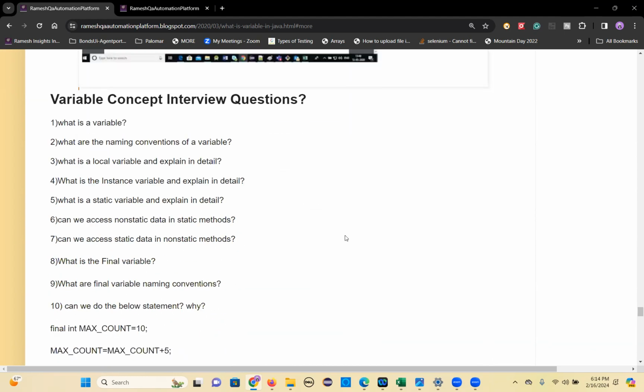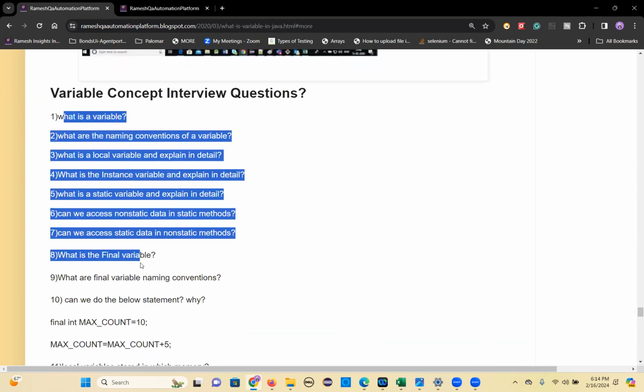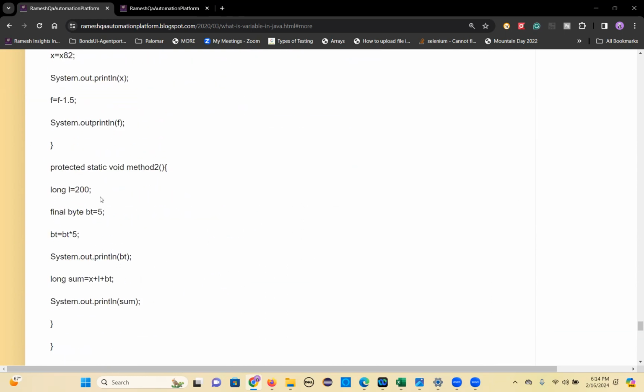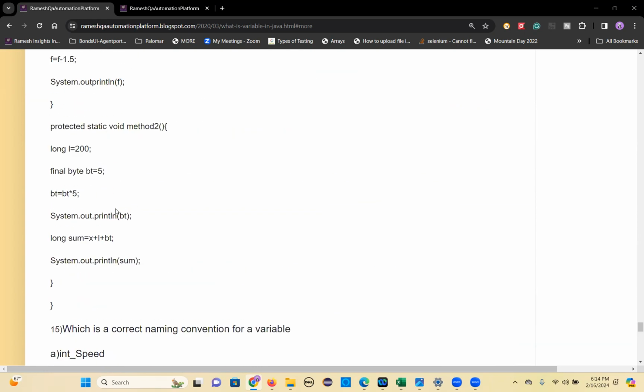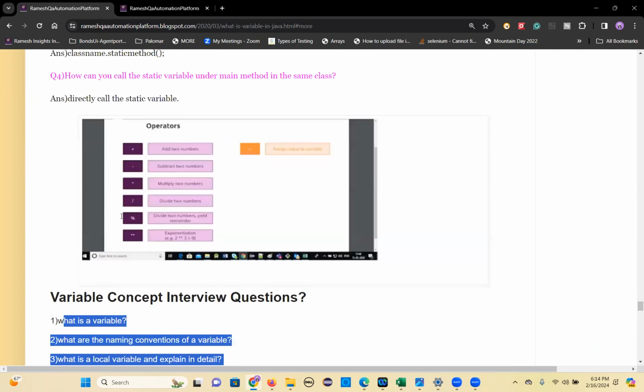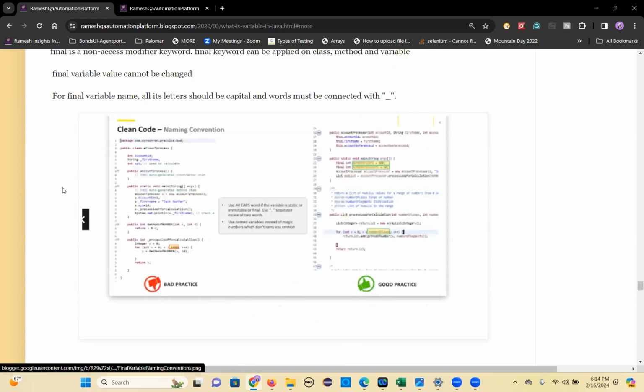So we have seen already. Please go through all this and the answers, and practice some questions I have given here. Practice these things. It will improve your knowledge also. But read these variables thoroughly. One time, okay, it's difficult. Repeat. Do the same and repeat. It will help you. Okay. So let's start the next topic,